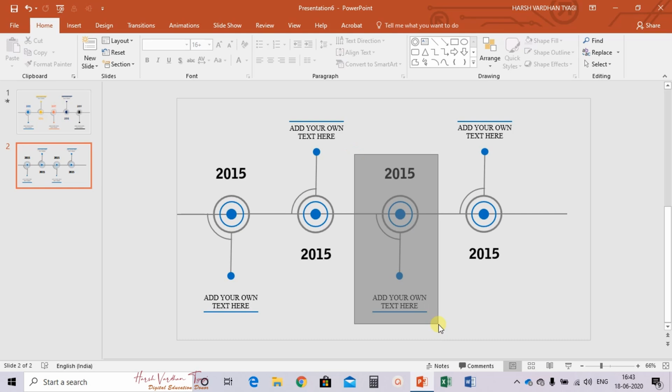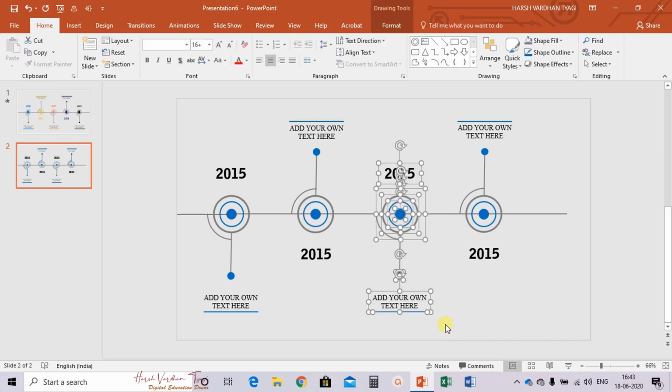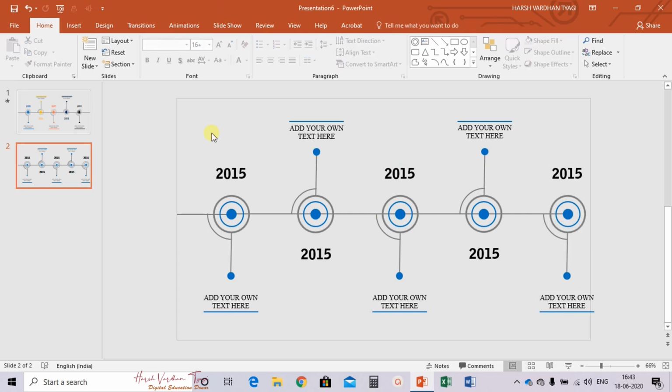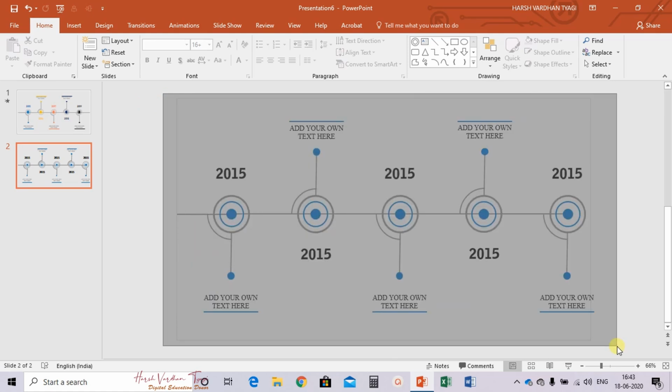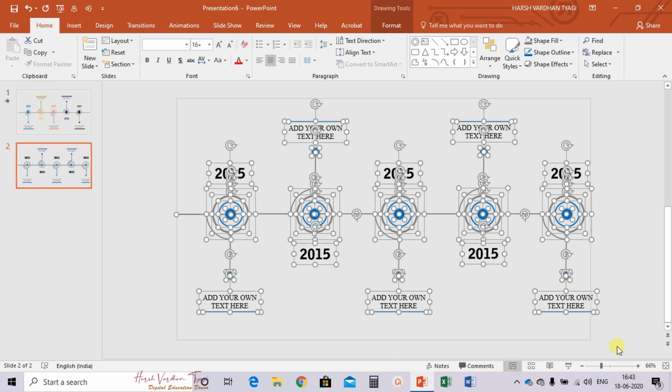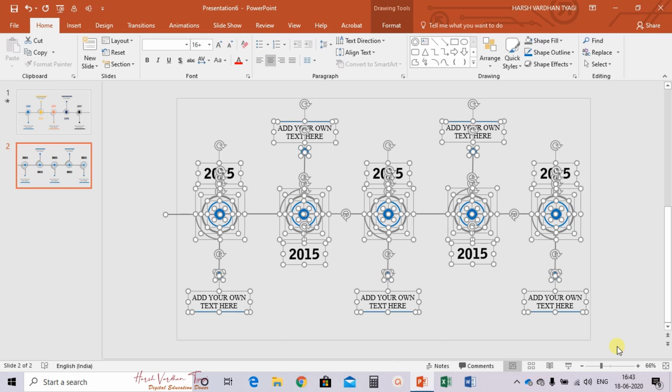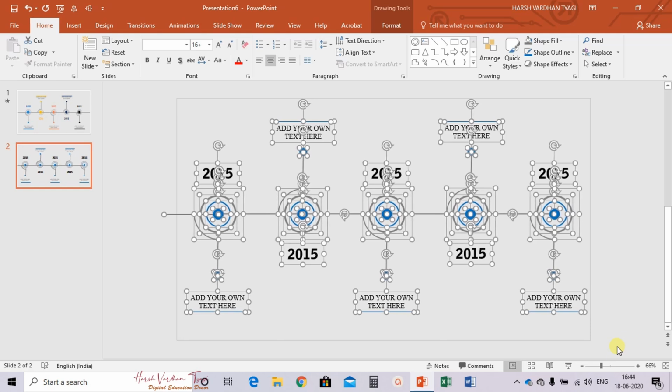Select this portion of text and control key and drag it to the right. Fine. Now what we need to do after making this, just select the complete part and drag it to the right side to see it equally get distributed.